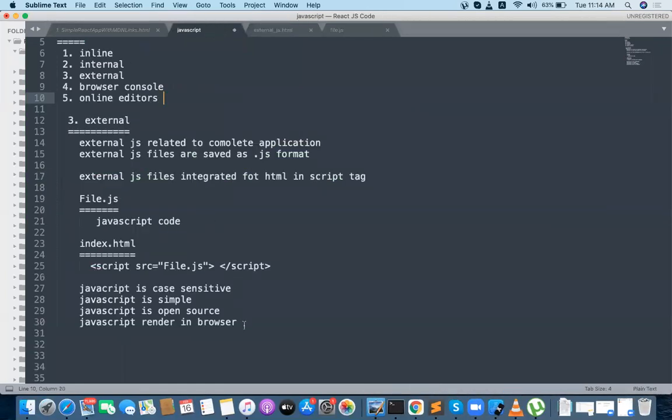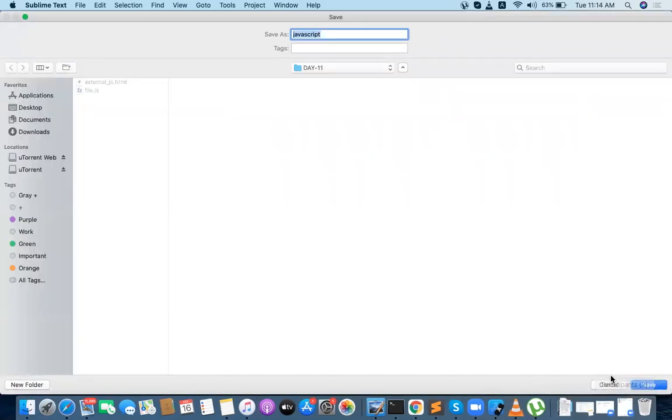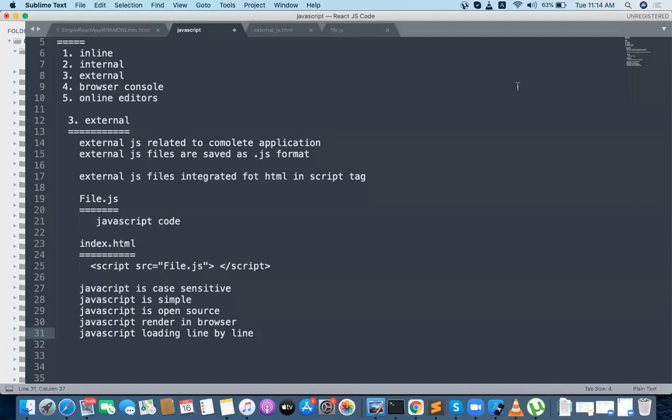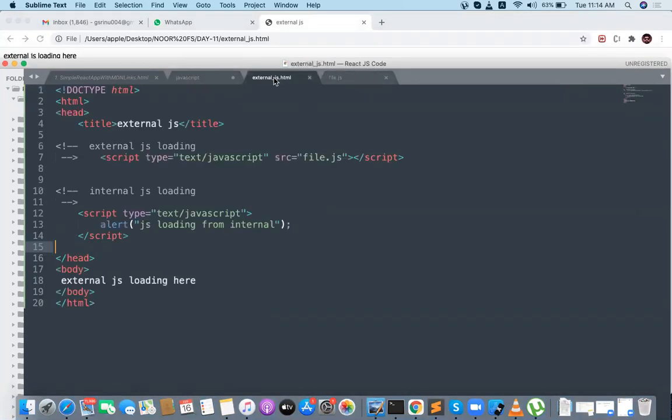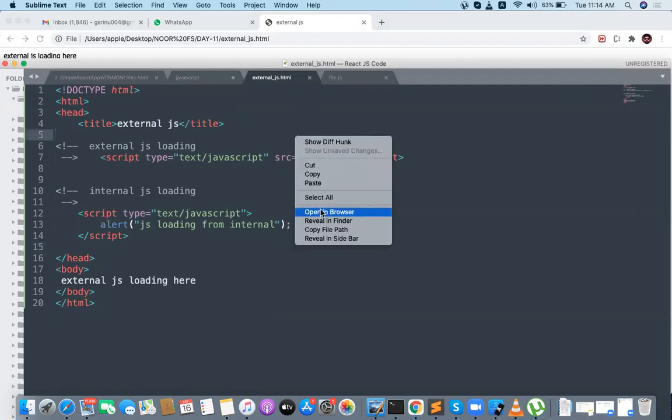So JavaScript, can we change the title of this alert box? Yes, let me change the alert title. Already some title is coming, right? What do you want the title changed for?